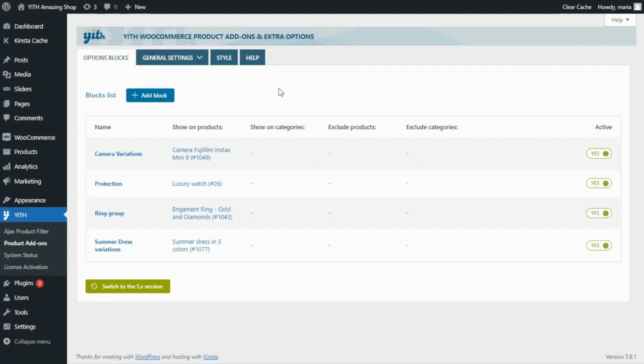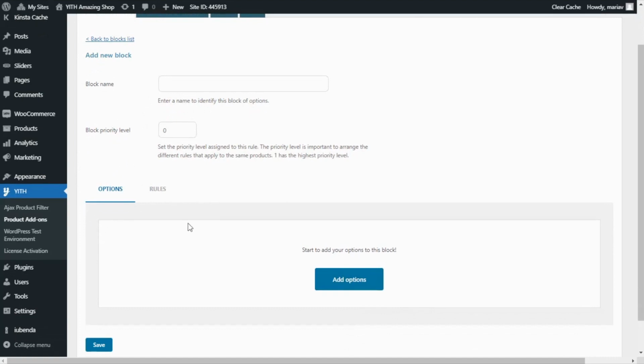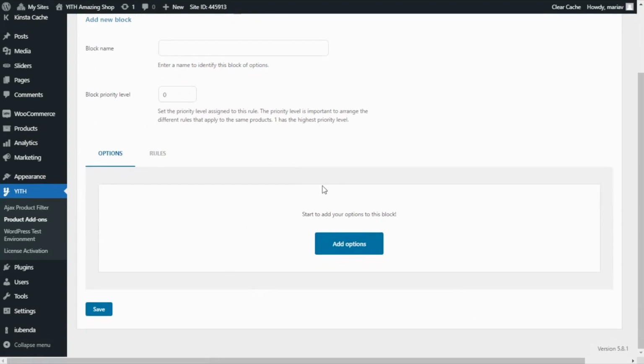Now, to begin, the first thing I want to show you is how we can create a new block of options from this version. For that, we need to go over here to this button and click Add Block. First, we need to enter a block name. Then, from priority, we can manage the different rules that apply to the same products. Next, we find two tabs. Over here, Options, which is right where we are, and from here we can create and manage all of our